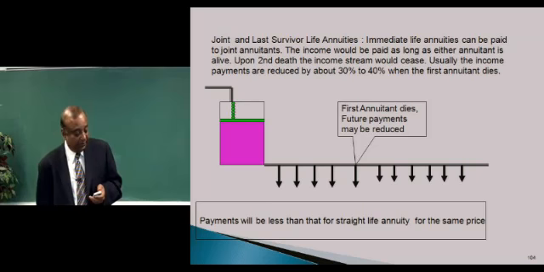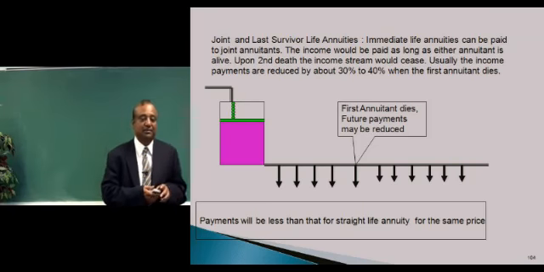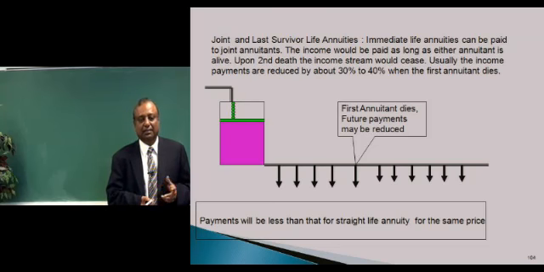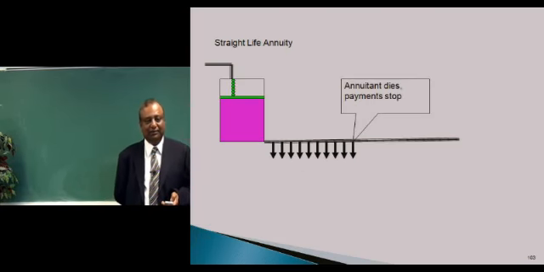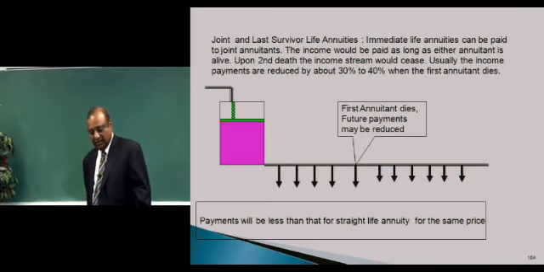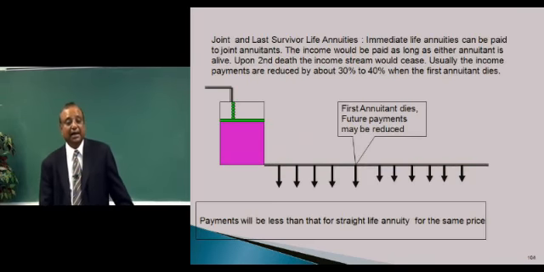So does it mean to say that, let's say I'm a married person and my friend is a single person, and both of us have the same amount of fund accumulated in our pension funds. He gets more because he buys a single life annuity, whereas I have to buy a joint life annuity, but I'm a married person. I'll get lower payments.